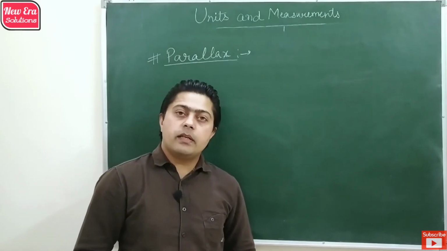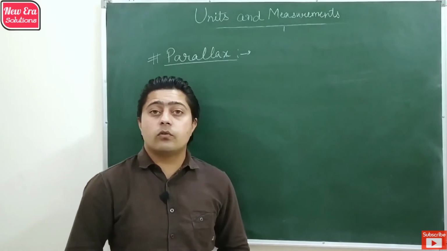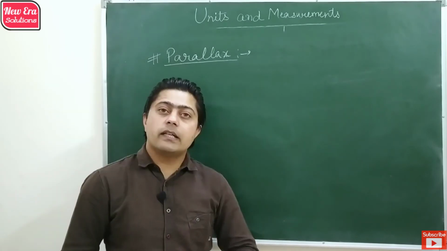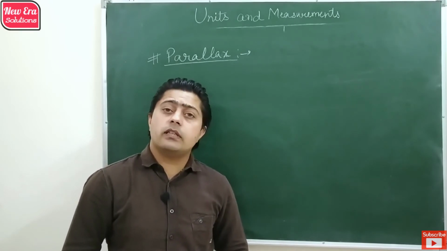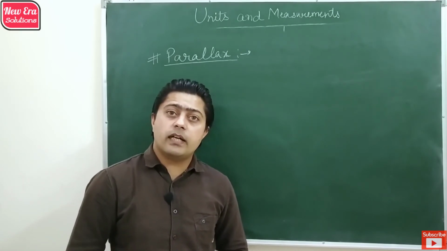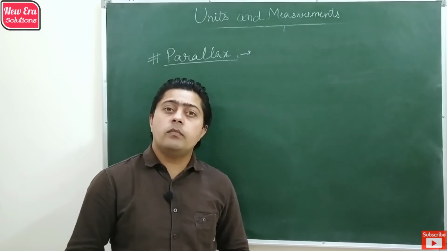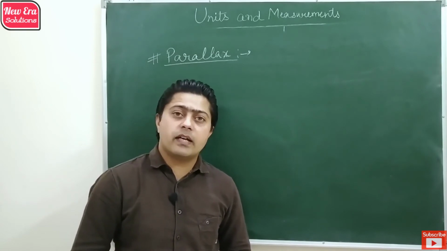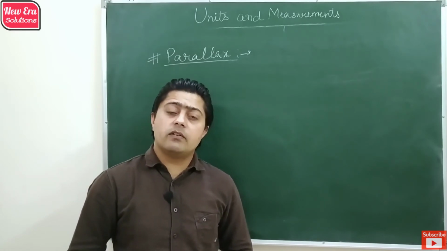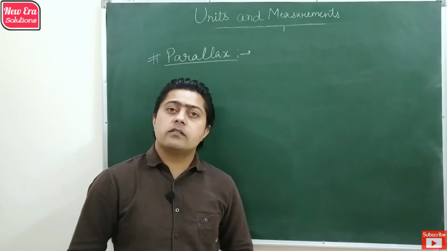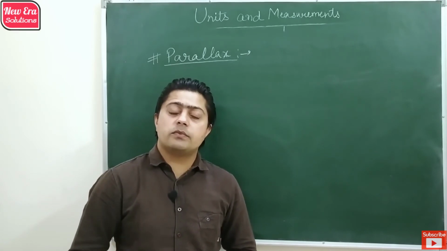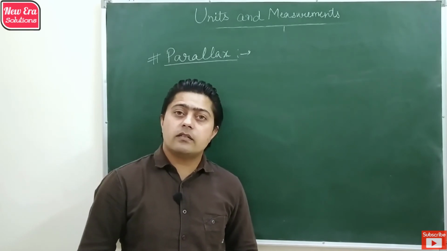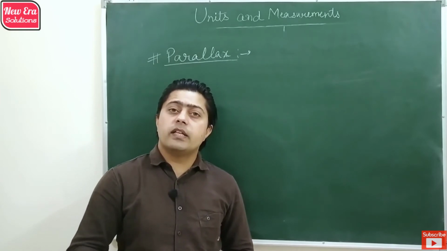The next indirect method to measure length is based on a phenomenon related to our eyes, called parallax. Parallax is an apparent shift in the position of a stationary object when it is observed from the eyes one by one. So if we are observing an object with our left eye, and then we observe the same object with our right eye, with the left one closed, the position of that object appears to shift, yet the object was stationary. So that concept can be used to measure various distances.